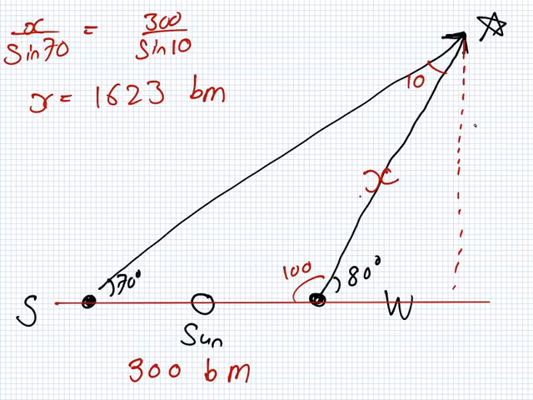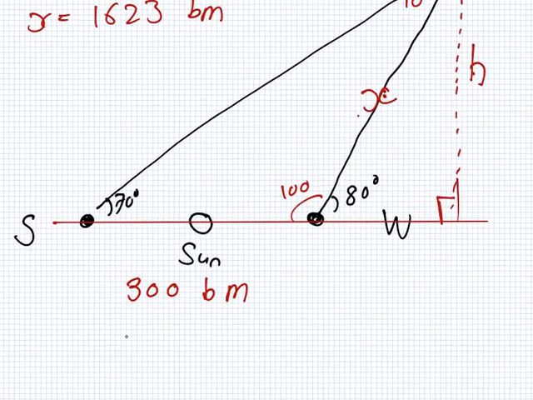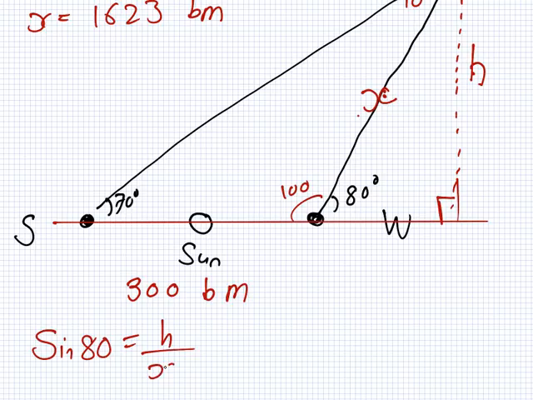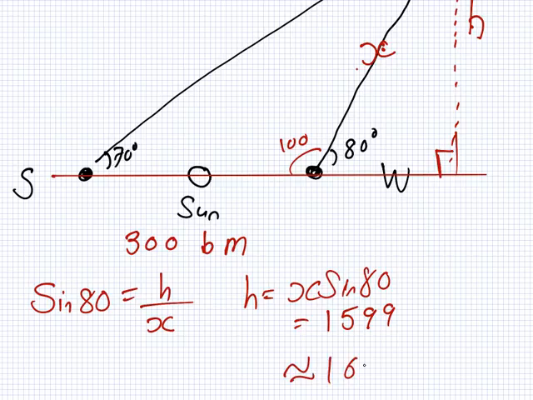That's for the x. Now if I want this here, I have the x and I want the opposite, and this is a right angle. So what rule can I use here? I can say that sine 80 equals h over x. So then h equals x sine 80. So I still have the answer on my calculator for x. I'll multiply it by sine 80. So, yeah, what is that? No, it's not the length here. Right. So I got 1599. So you're looking at about 1,600